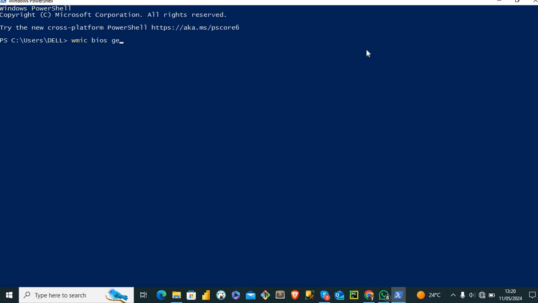BIOS get serial number and press enter. This will display the serial number of your computer, and if you want to confirm the model